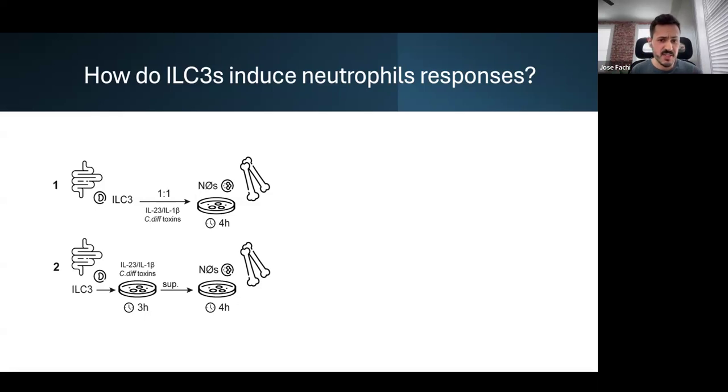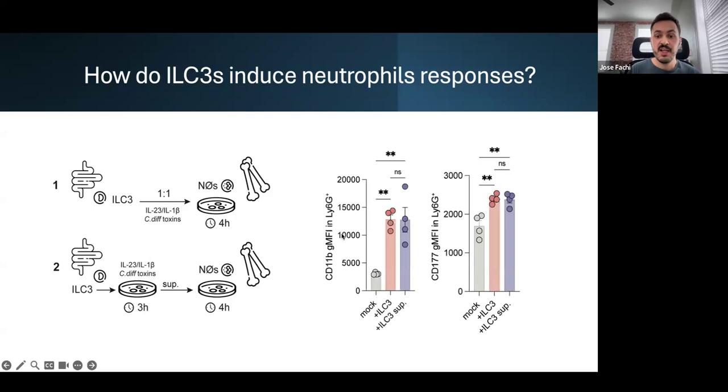And then we wait for 4 hours to check what happened with these neutrophils. Similarly, to identify something that was secreted by these ILC3s, we stimulate these ILC3s from the gut in vitro, ex vivo, for 3 hours, and then we use the supernatant for treating the neutrophils from the bone marrow in this ex vivo manner. And then checking neutrophils in both conditions, we notice that having ILC3s in co-culture or only having